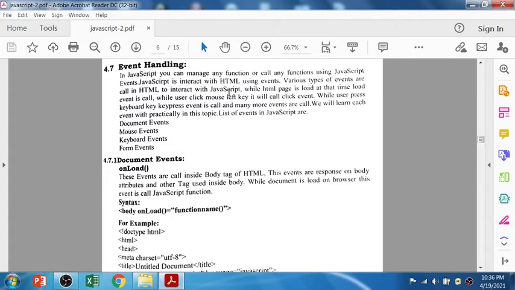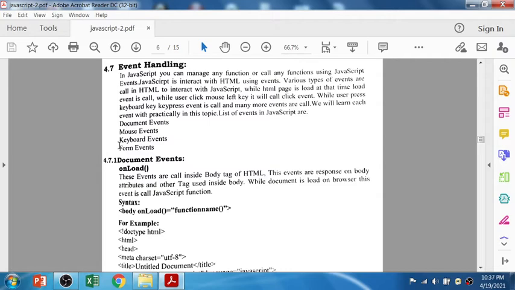While the user presses a keyboard key, the key press event is called, and many more events are called. We will learn each event in detail in this topic. The list of events: the first category is document event, the second is mouse event, the third is keyboard event, and the fourth is form event.